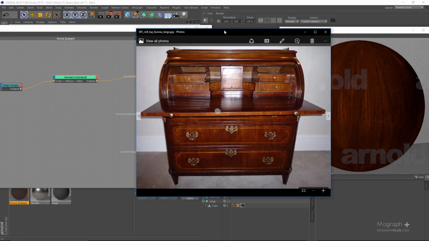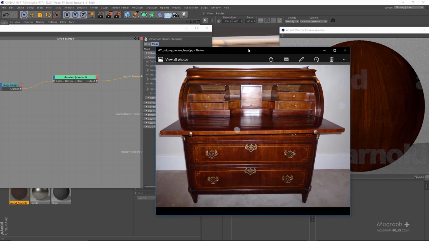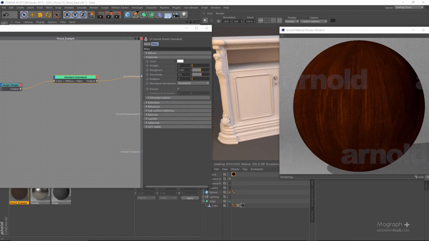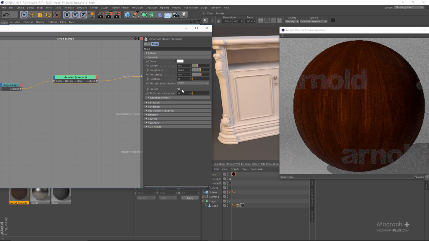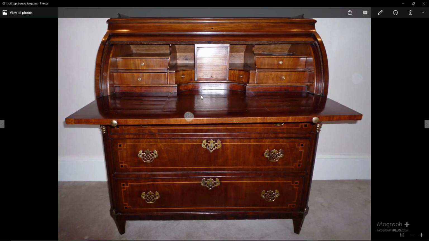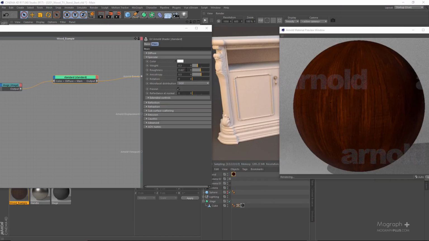This reflection for me is something like 0.2, 0.3, maybe something like that. It's not like metals, they are not that reflective as metals. Obviously we need to change this to GGX. Let's turn on our Fresnel for the time being. For the roughness, I think something like 0.15 or 0.2 would be enough,